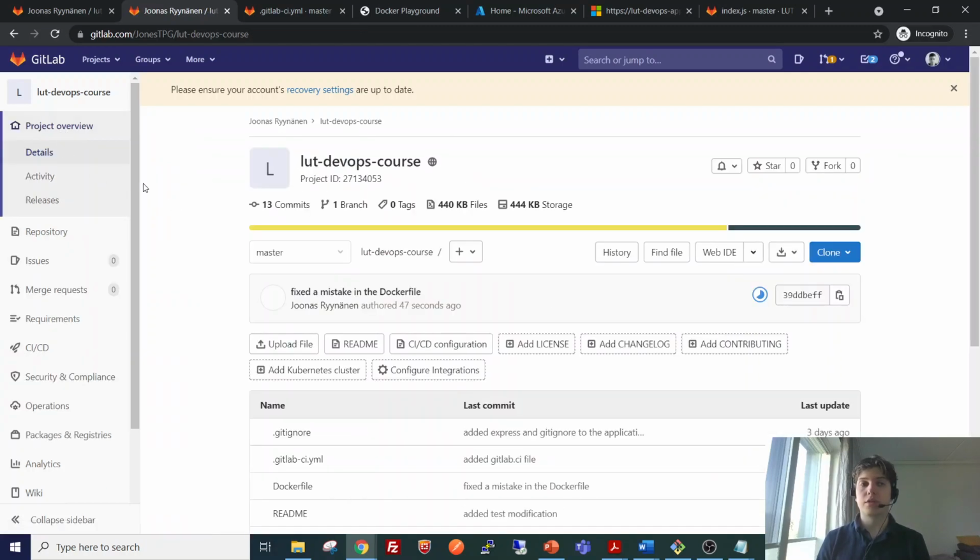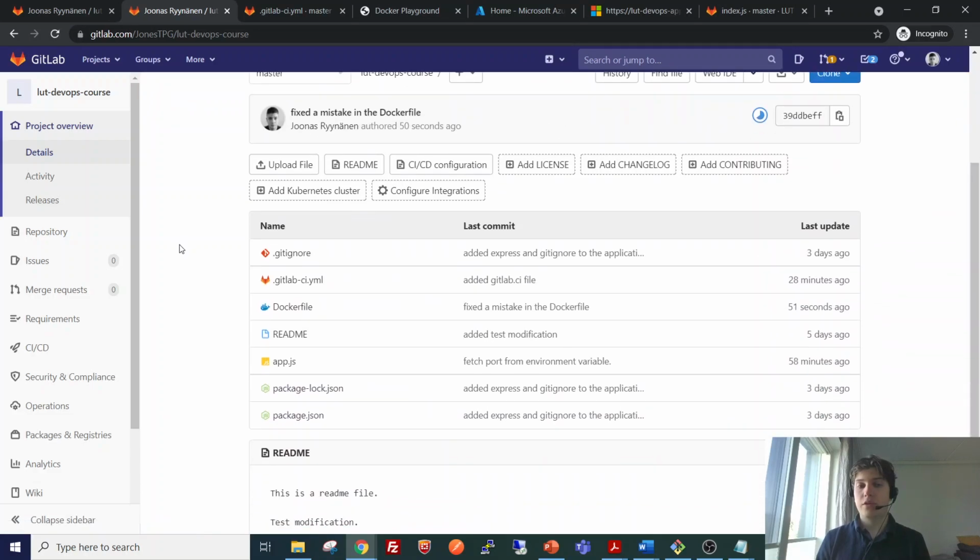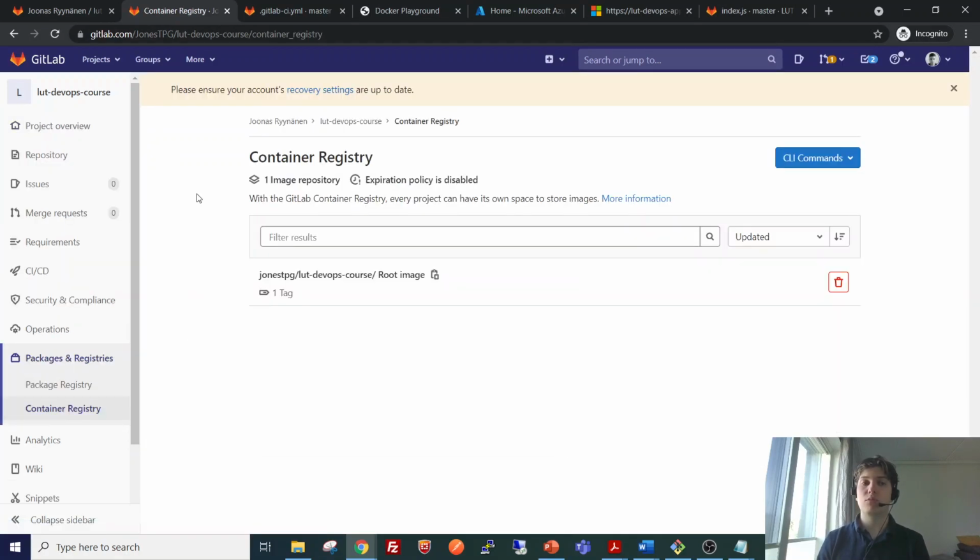Then we can lastly verify that the Dockerfile edit has been successfully pushed here, and yes, it is here. So now we have successfully pushed our application image to the remote registry, the GitLab container registry.